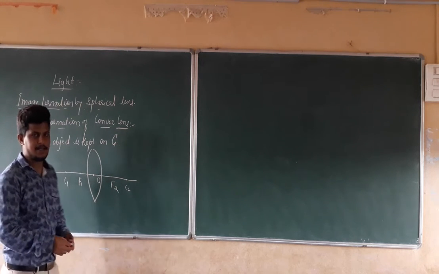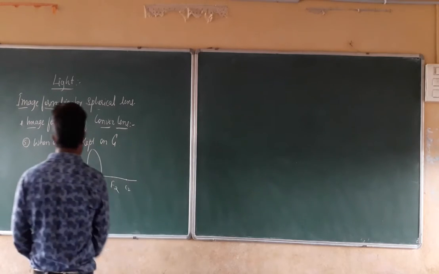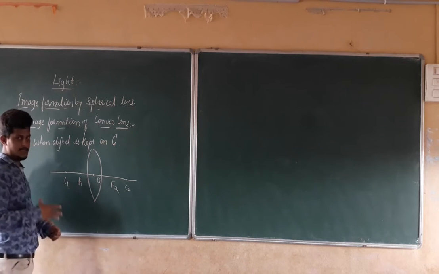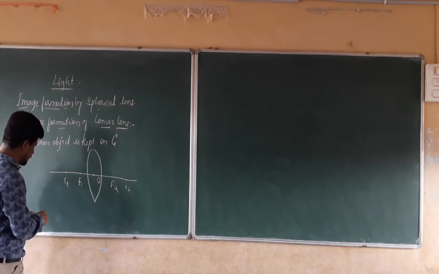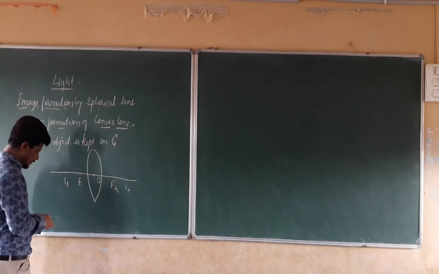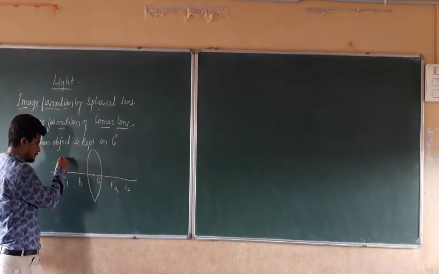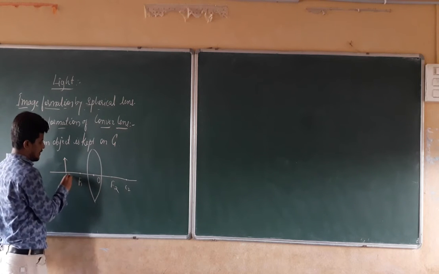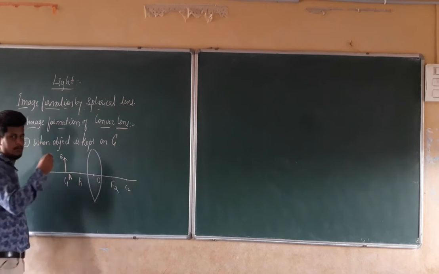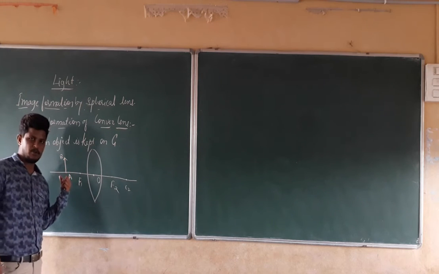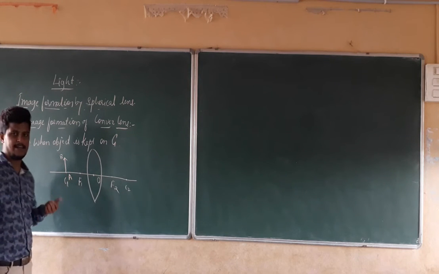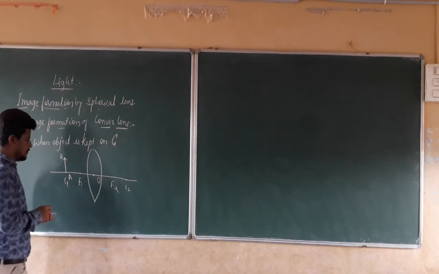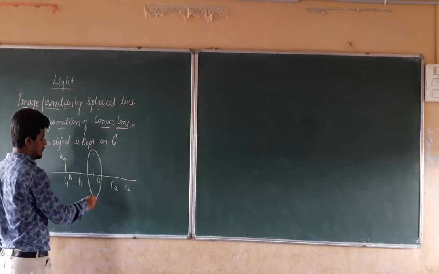Convex lens is thicker at the center, or we can say that it is bulging outside at the middle. Where are we going to keep the object? We are going to keep the object exactly on the C. Let the object be AB. The object should always be kept on the left hand side and should be shown as an arrow mark. So we are going to take two light rays for the formation of the image.